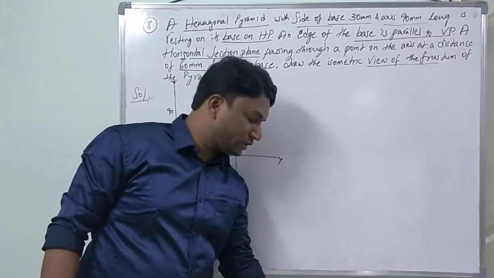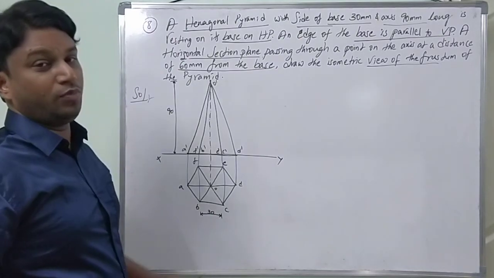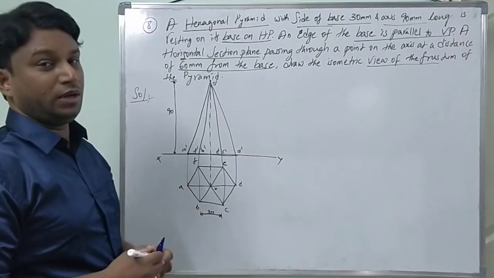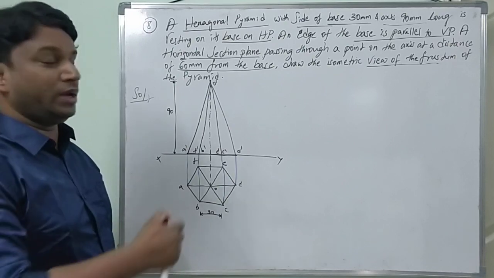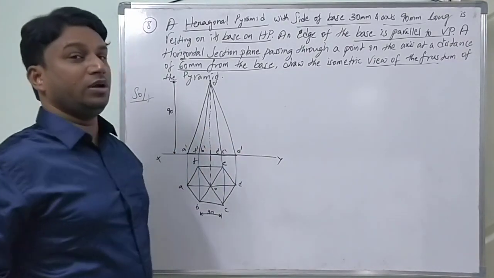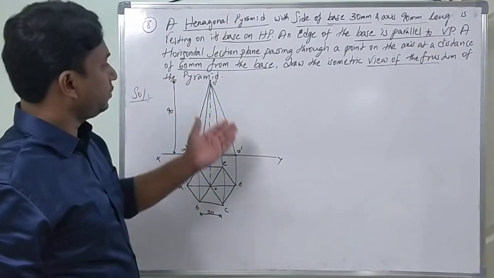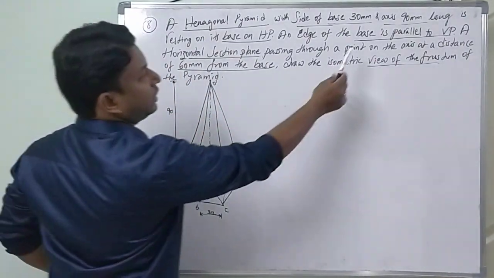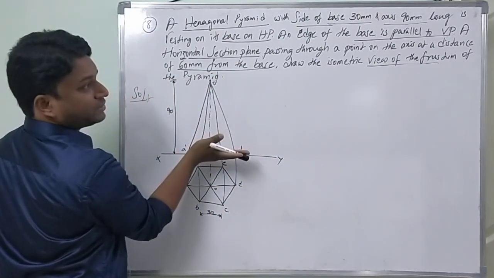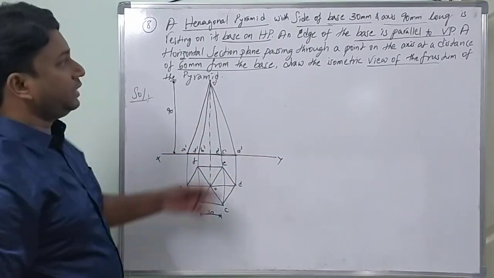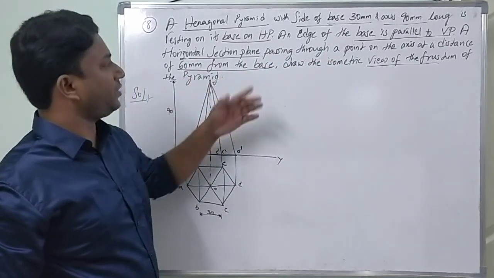Now, continuation with the section. We are supposed to draw a section plane. Hope you all remember the section plane. The plane, or cutting plane, called the section plane, is nothing but a cutting plane which cuts the solid at a particular location. Now, if you cut it, where is its location? Base parallel to HP. See here, the section plane passes through a point on the axis 60 mm from the base.